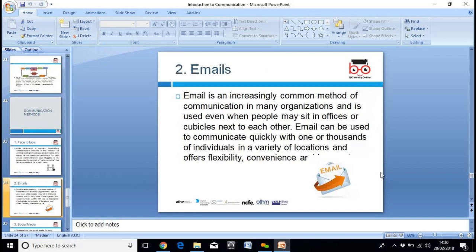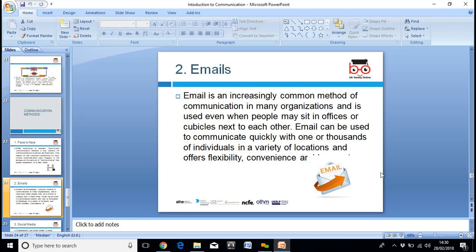Email is an increasingly common method. It's become almost the most common method now. In many organisations, it is used even when people may sit in offices and cubicles next to each other. Emails can be used to communicate quickly with one or thousands of individuals in a variety of locations and offer